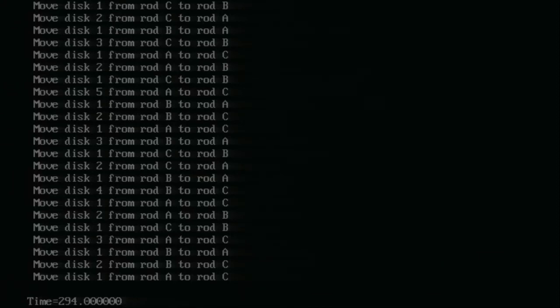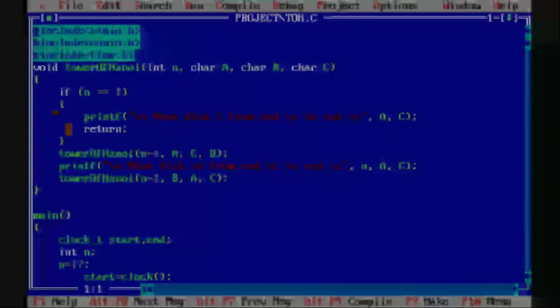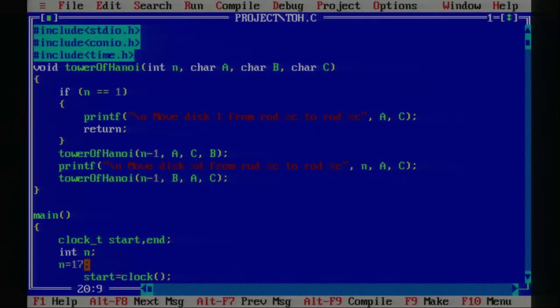It's showing 294.0000. As you can observe, the time complexity goes on increasing. For n equal to 17, it is showing some value.